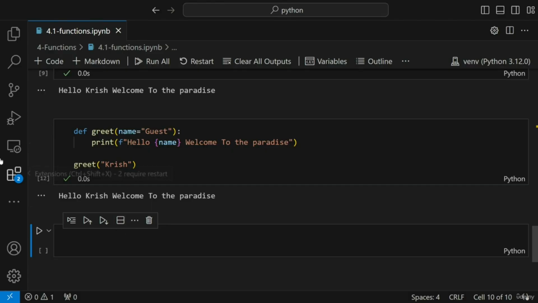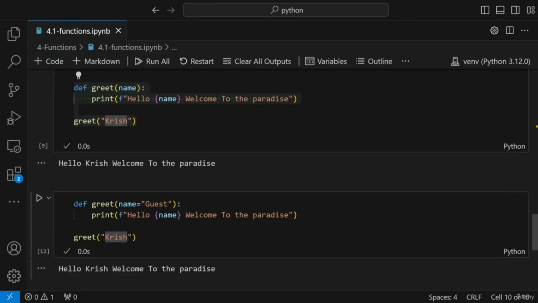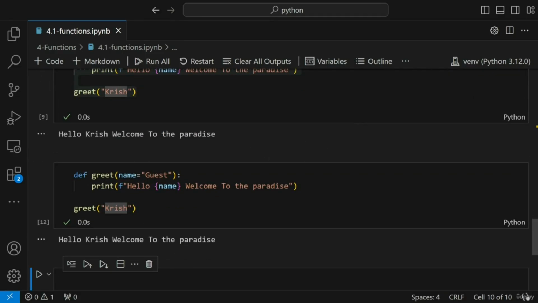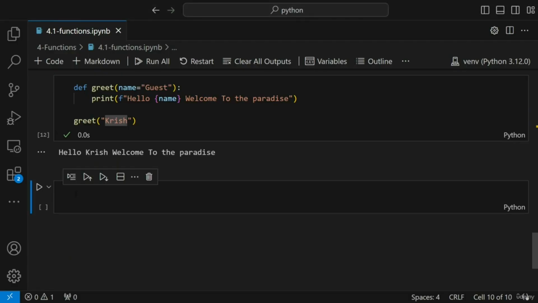Okay. So this is some good example with respect to the default parameters. And this is how you can also assign default parameters. Now we are going to discuss the main topic, which you will be seeing in functions, that is nothing but variable length